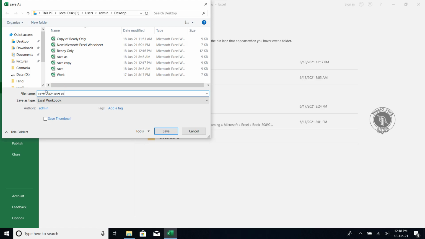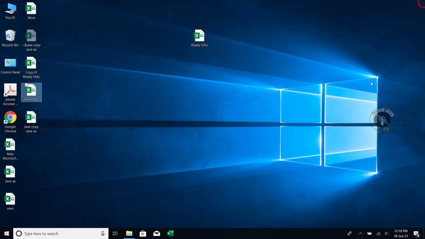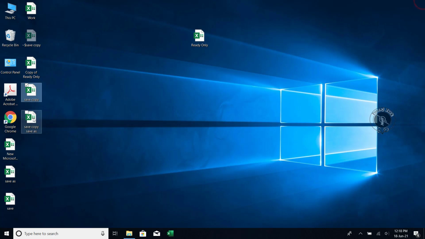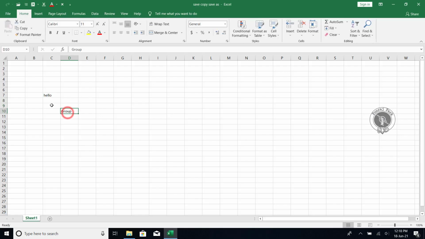Just something I will write like that so that it can be understandable. Save copy, save as. Now I'm doing save. Okay, this group is now saved in this save copy save as file, not in this save copy file. If I open this file, it will say only hello, and if I open save copy save as, it will be updated with group.